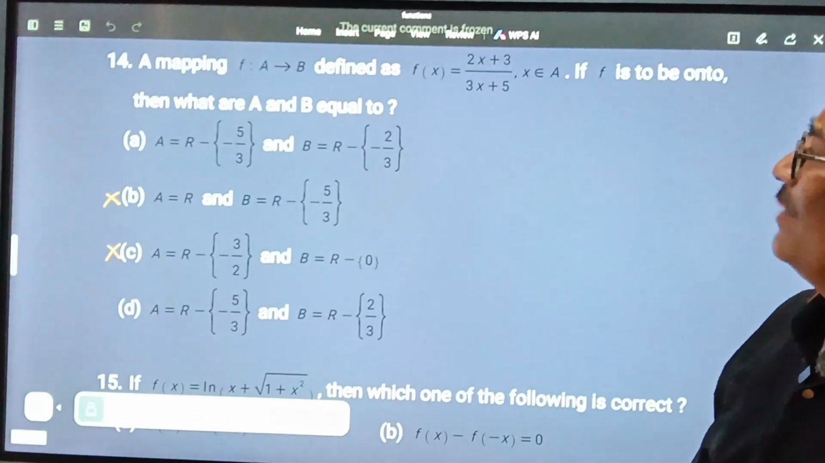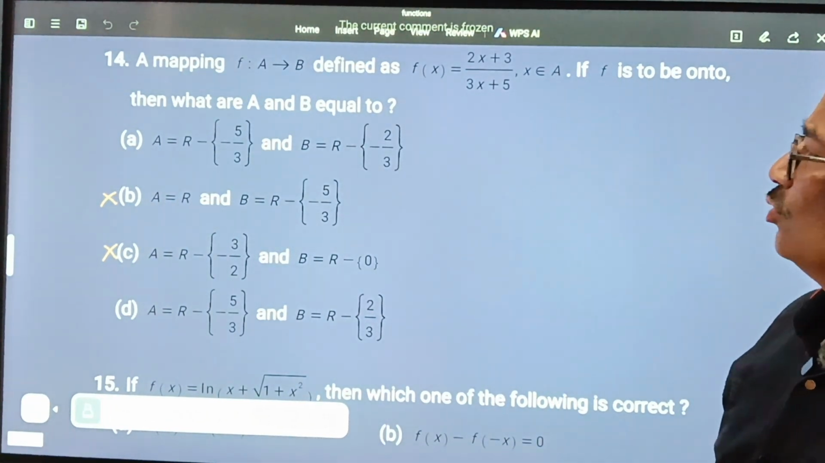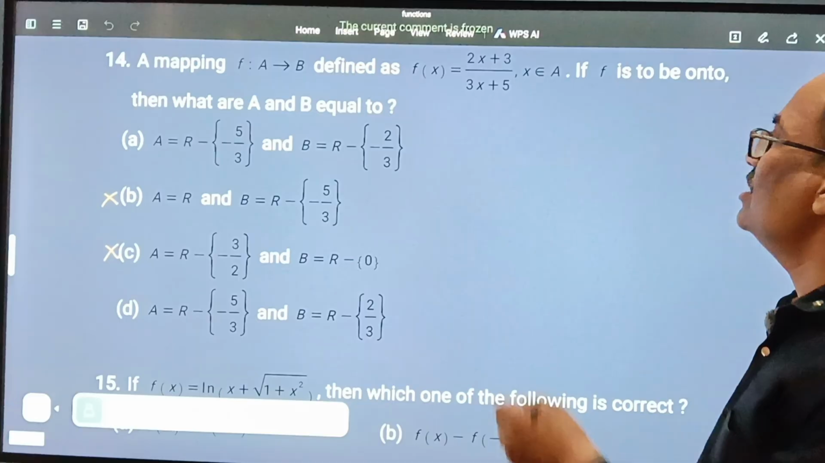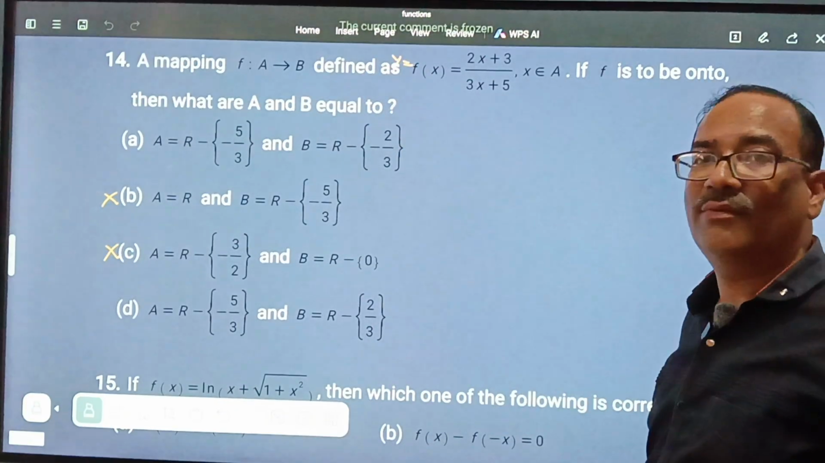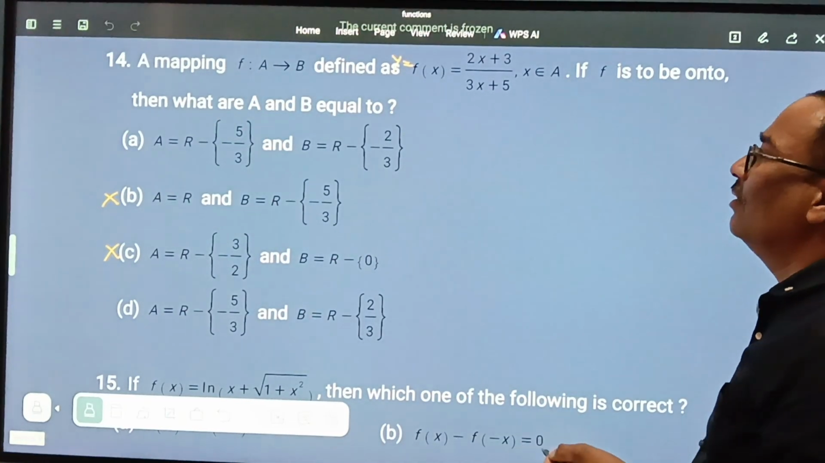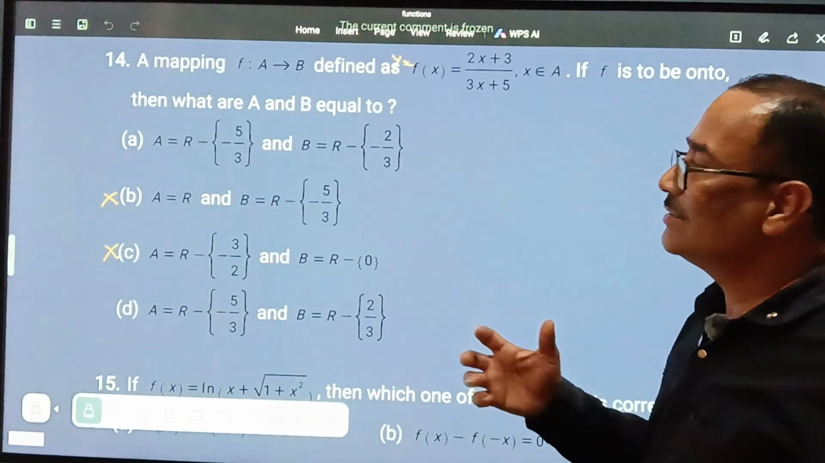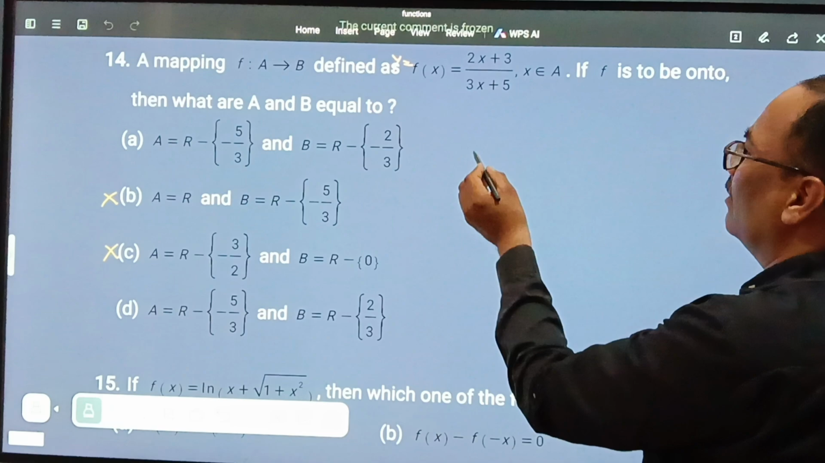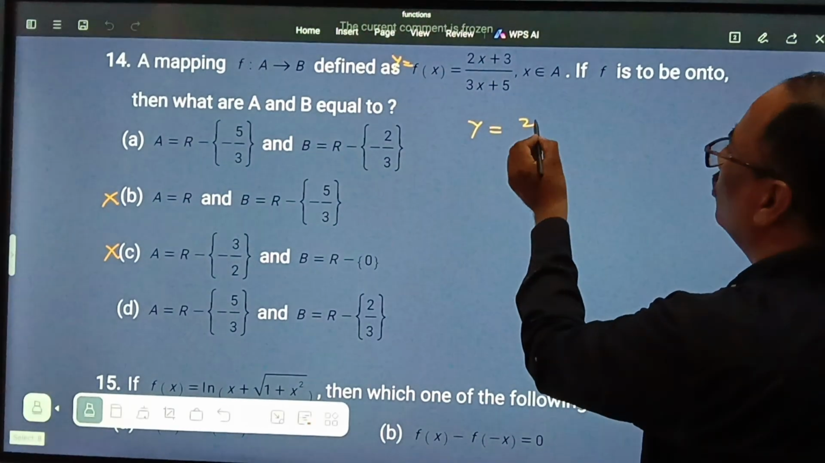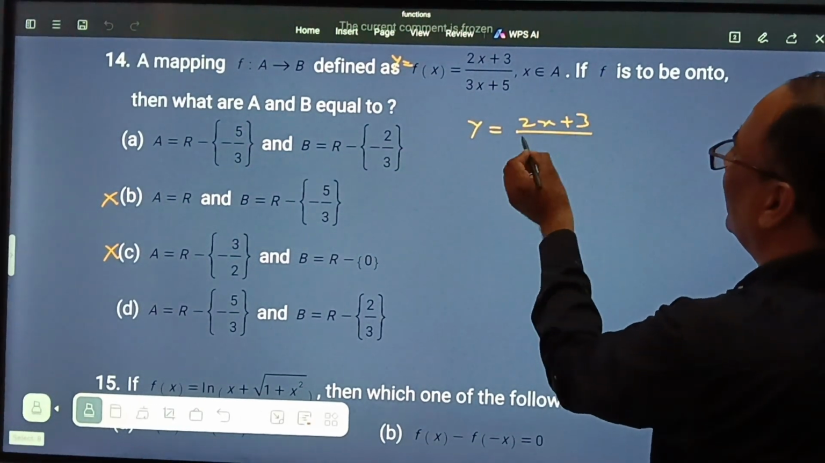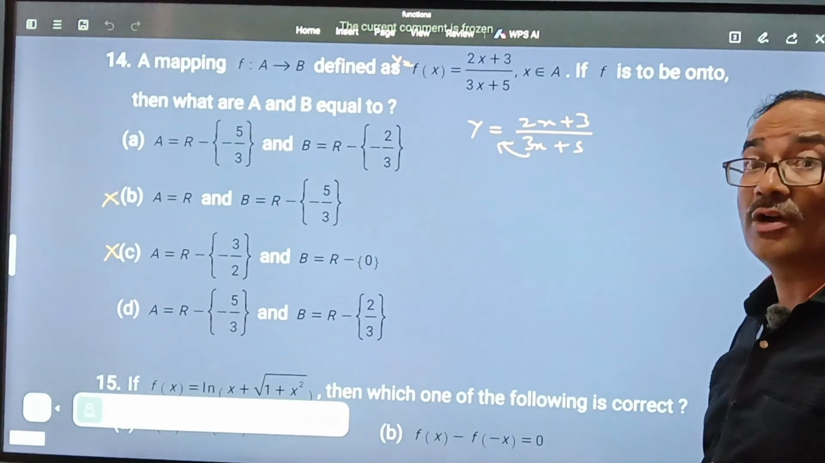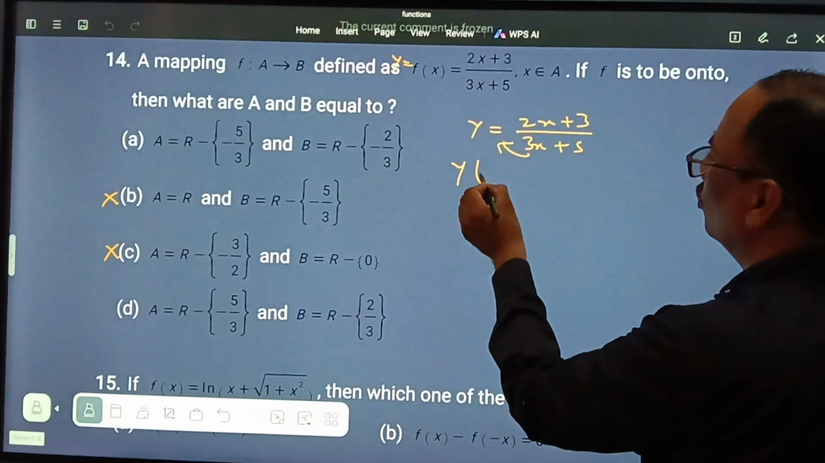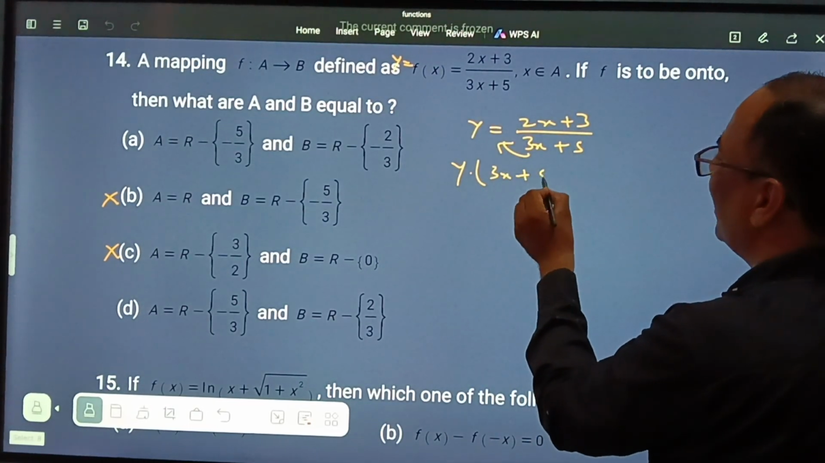So now we have to find the range of this function. How to find the range? Range means the value of y. So how to find the value of y, or its range? For this example, we can take y is equal to (2x plus 3) divided by (3x plus 5), and when we cross multiply, what do we get? Y into (3x plus 5),